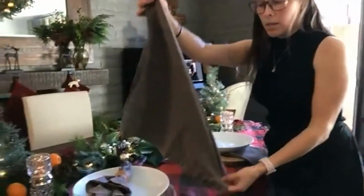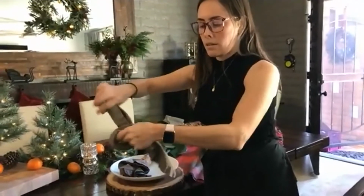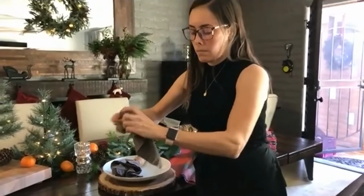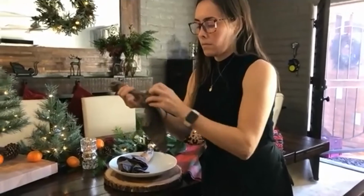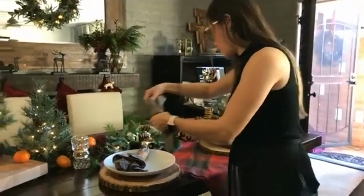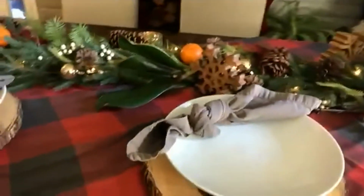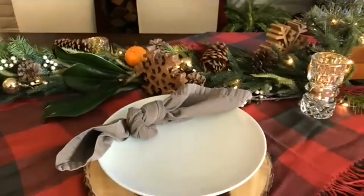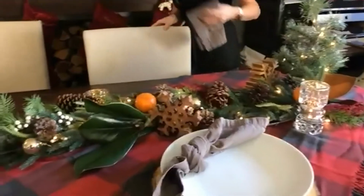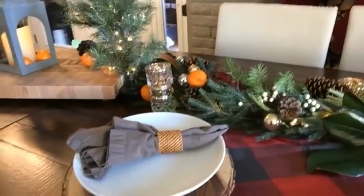another different thing, which is you have your napkin like this, and what we're gonna do is just tie a knot. And it depends on what style you're going for. This is a little more informal and rustic, and then you can place it like that on your table. So it's very simple things, but it just shows that you're trying to do something different, and like I said, everything is fair game. And then once you have that, we're gonna add